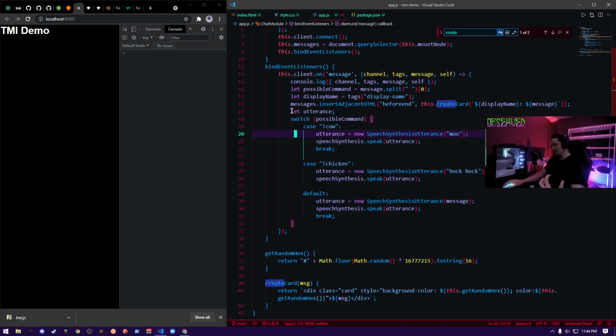When you use let, you can change this variable. When you use const, you can't actually change the variable. You can manipulate it if it's an object or an array. You can add to it, but you can't reassign it. So if this was const, this wouldn't work. Actually, it might. No, it won't.